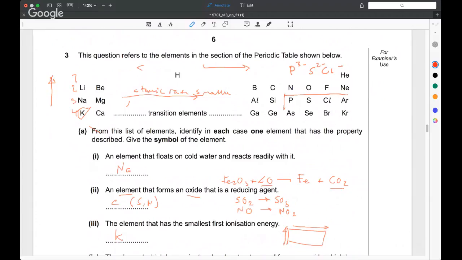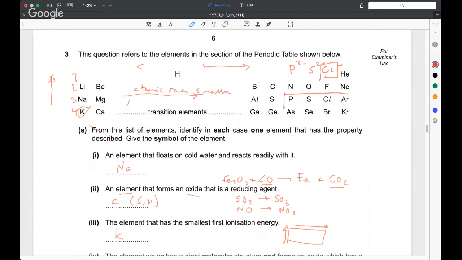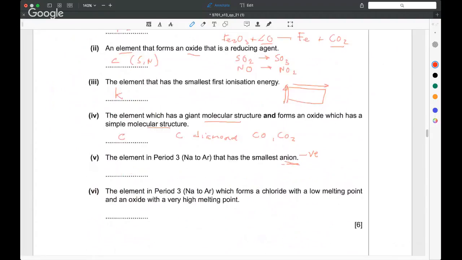So here you've added 1 electron, here you've added 2, which are going to repel each other, so you can think that the atom is getting larger now. Not only have you added electrons, but they're repelling each other. And this anion is going to be even larger. You've added 3 electrons, and the anion is getting larger because of the repulsion between those electrons. So actually the smallest anion is going to be the chloride ion, Cl minus. So the element in period 3 that has the smallest anion is chlorine, because chloride is smaller than sulfur